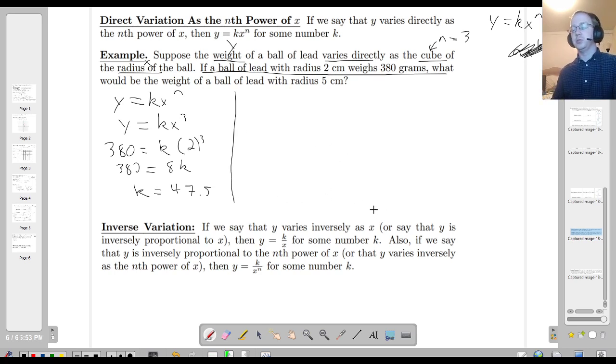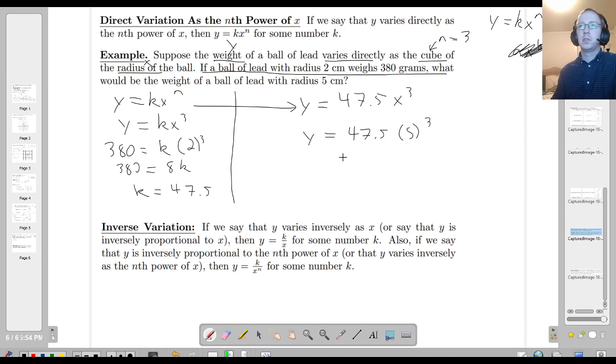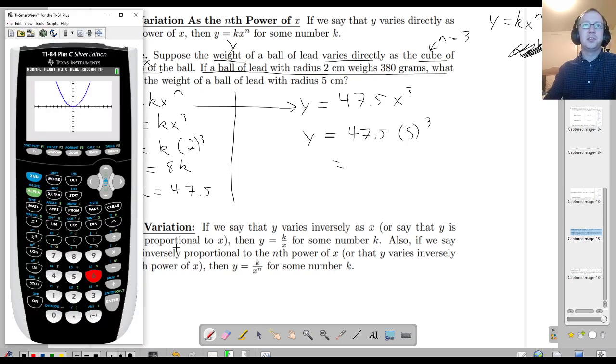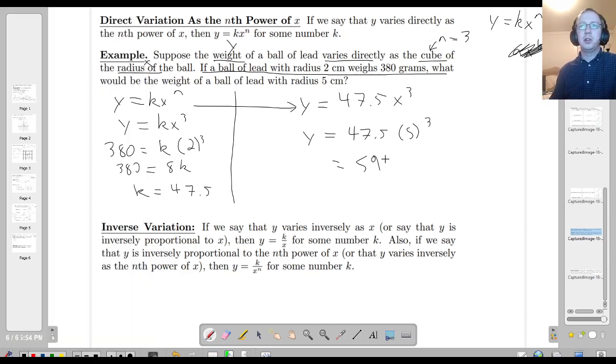The next thing I'm supposed to do, just like direct variation that we saw before, is go back to my equation, except this time I know what k is. So I'm writing it as 47.5 x to the 3. Now let's fill in the thing they're asking about. They asked what would be the weight if the radius, in other words, if x is 5. Let's let the calculator help with this. I'm going to do 47.5 times 5 to the third power. Comes out to